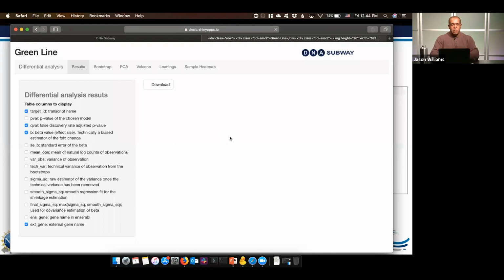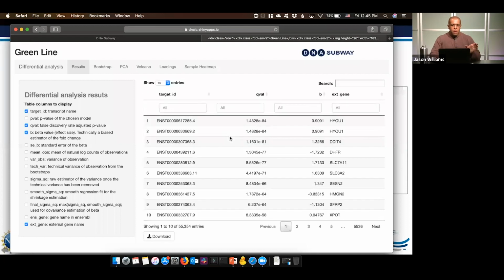You can actually do multivariate comparisons using Kallisto and Sleuth. So let's say you have a tumor sample and you want to look at a genetic background. Maybe you have several genetic backgrounds of that tumor. Or let's say that you have that plus you have a treatment of a drug and not a drug. You can do that. Purposefully, because that gets a little bit complicated, we decided not to make that possible directly through DNA Subway. So what would be smart is actually to go ahead and use Subway for a simple condition,